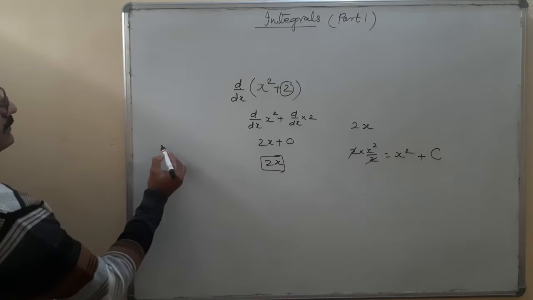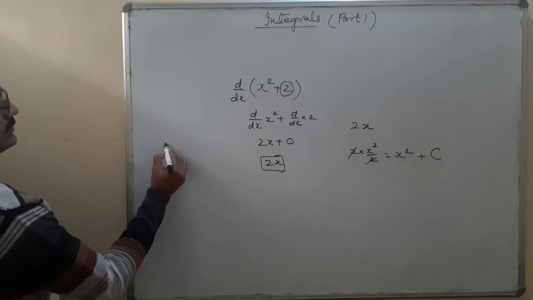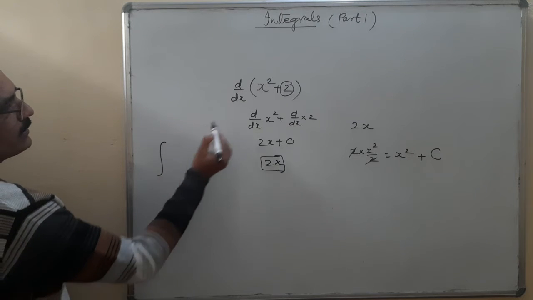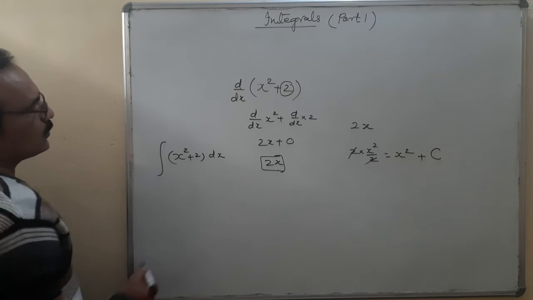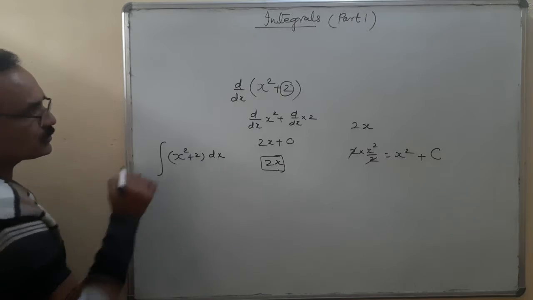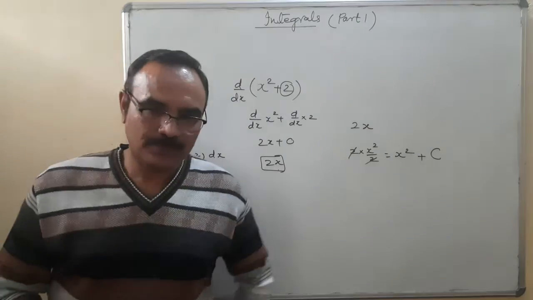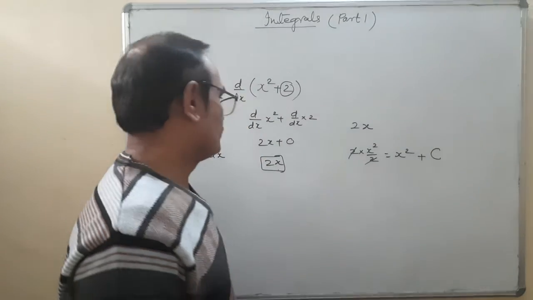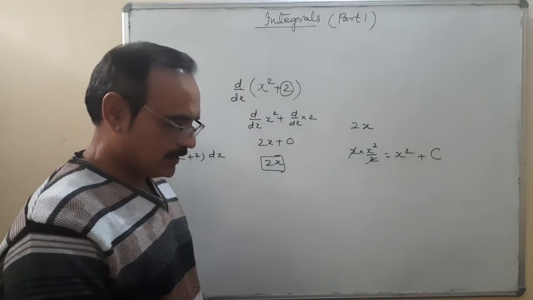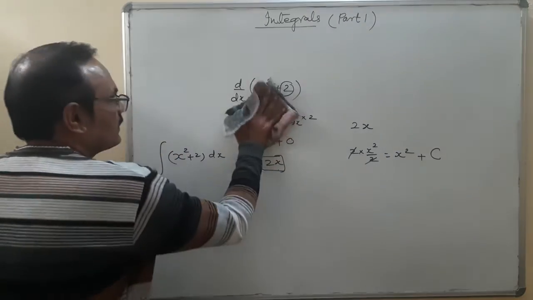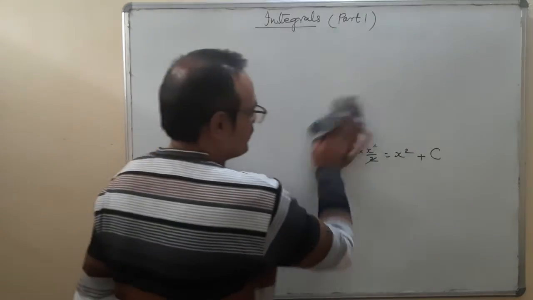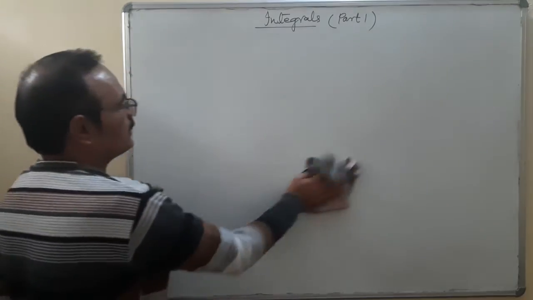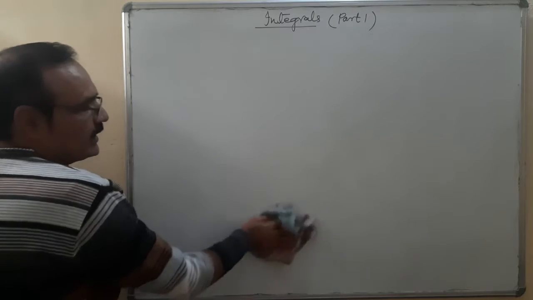Integration, like this, is the symbol of integration. Okay. And I write something, x square plus 2, and dx. What does it mean? We are going to integrate the term x square plus 2 with respect to x. Okay. So that is the procedure of solving integration. By the way, it is the antiderivative. So in your book, in the first part, all the questions say: using antiderivative or using differentiation procedure, find the antiderivative.